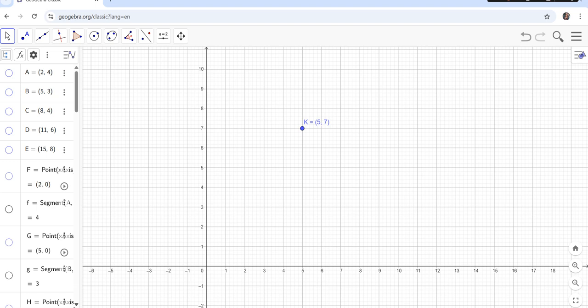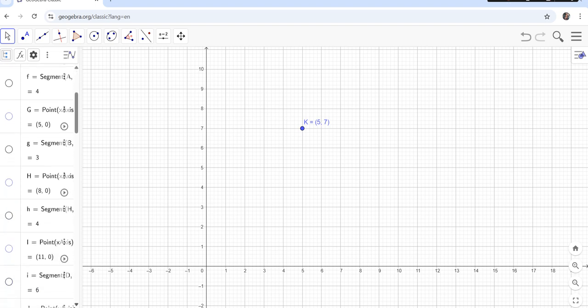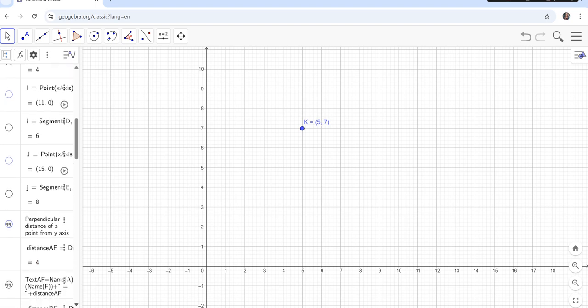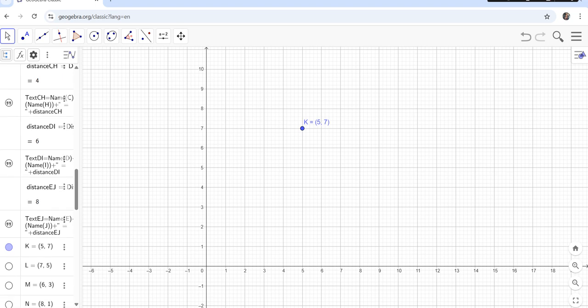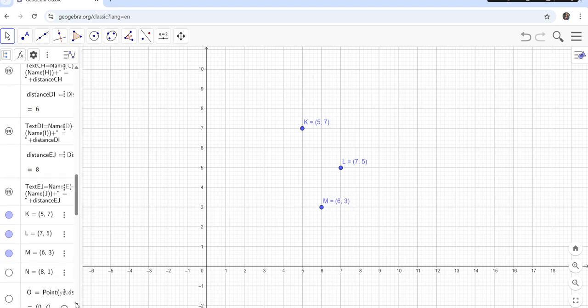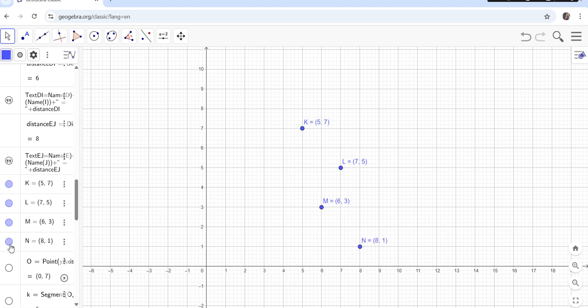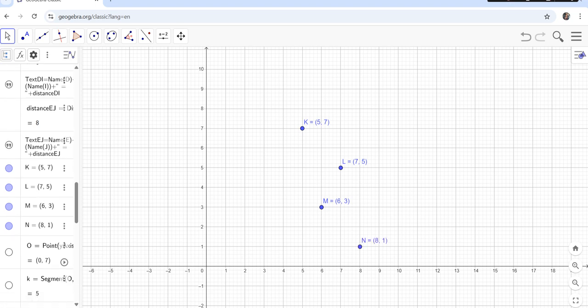Another point. Yes, I'll take another point. I'll take 3 or 4 points to visualize this concept. Take another point L whose coordinates are (7, 5), M whose coordinates are (6, 3), N whose coordinates are (8, 1),